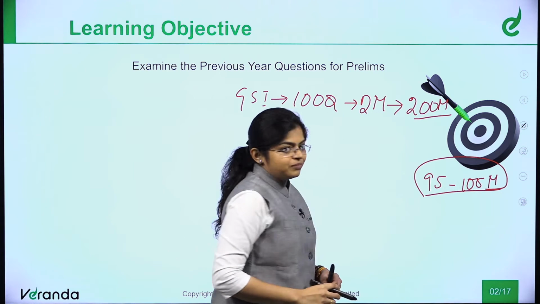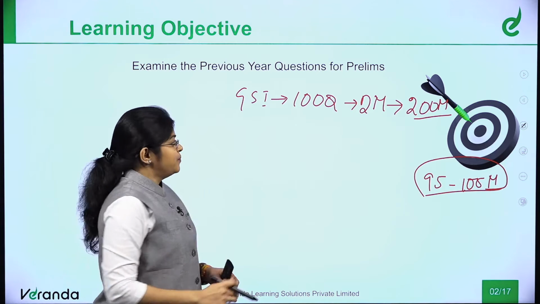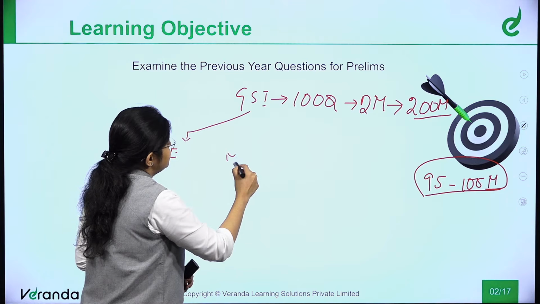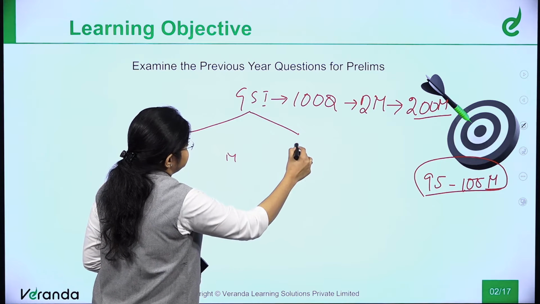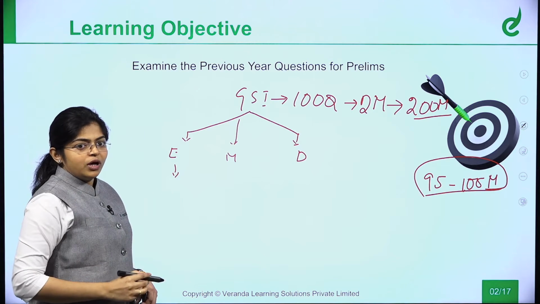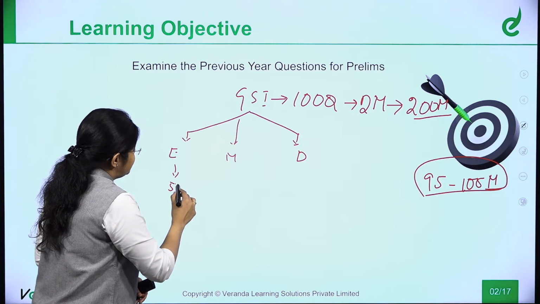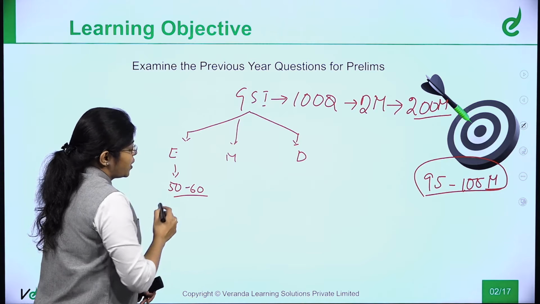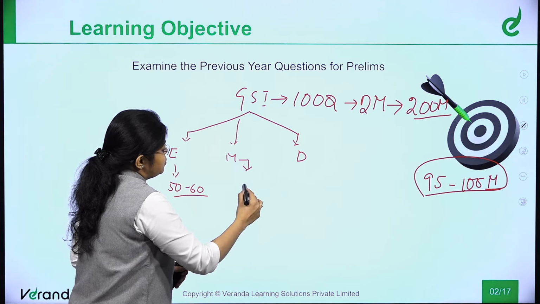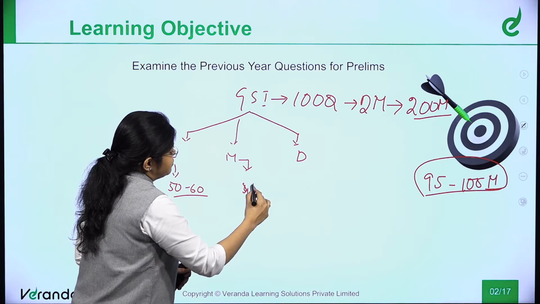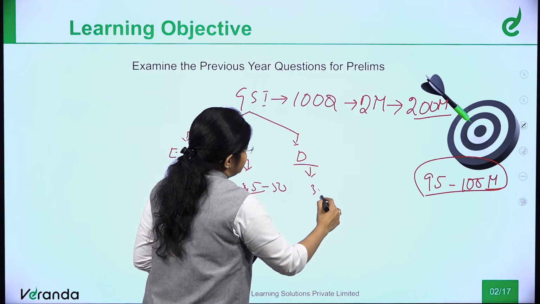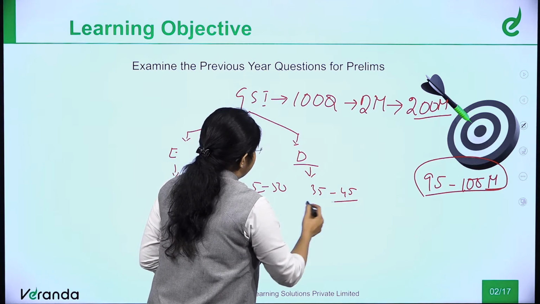in our examination. So, first let us see, in case the question paper is easy, medium or difficult. In case the question paper is so easy, you will be able to attempt 50 to 60 questions, if it is very easy. And in case the question paper is medium, you will be able to attempt 45 to 50 questions. And in case it is very difficult, you will be able to attempt from 35 to 45